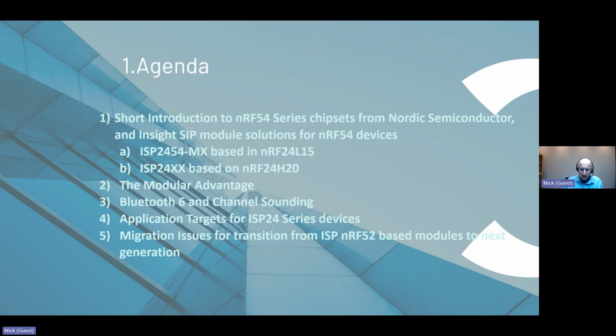talk about why modules are a good idea, and why the modular advantage is in fact growing. I'm going to talk a little bit about the Bluetooth 6 upgrade, and what that offers, and in particular the channel sounding technology, which is the most striking feature of Bluetooth 6, I would say, and then talk a little bit about the applications for these devices, and then about migrating from